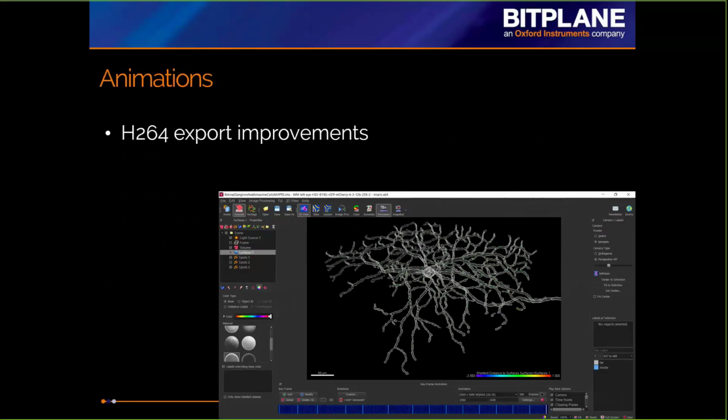Again, so much of this release is really about enabling our users to have the best export, the best presentation of their images that we can allow them to have out of Imaris. And so our development team also spent time improving the animation exports. You'll see that those are improved. And then we also implemented something that we had done for snapshots or just the stills instead of the animations. And that's to make it so that you have a defined size